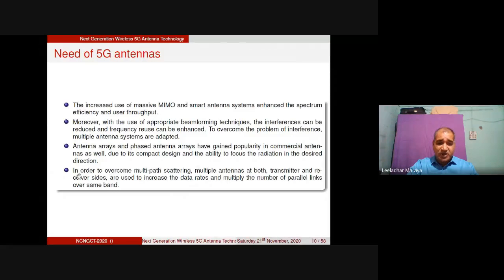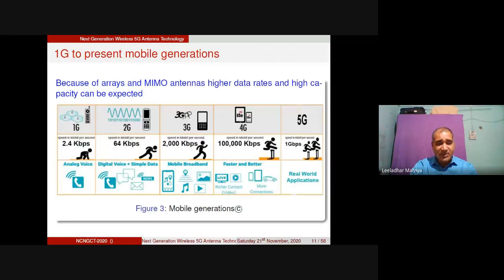And jointly, these are used to provide the solution to multipath propagation, and will solve the problem of both the transmitting and receiving antennas, provide the required bandwidth, and higher data rates can be obtained using 5G. So now if you look at which services will require 5G or higher data rates, let us compare the previous technologies with 5G.